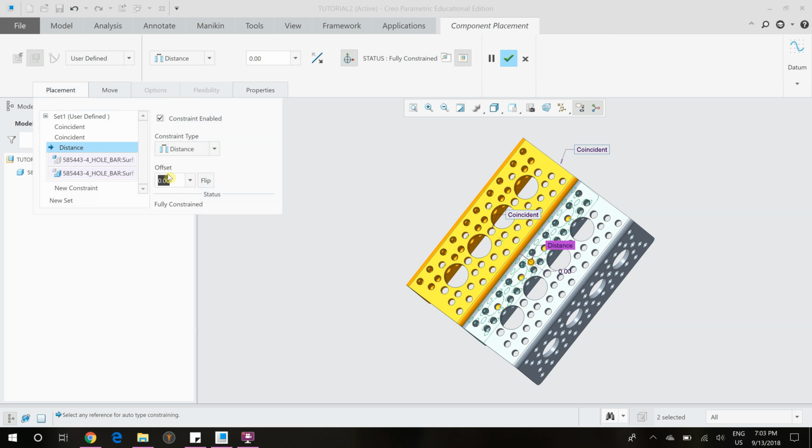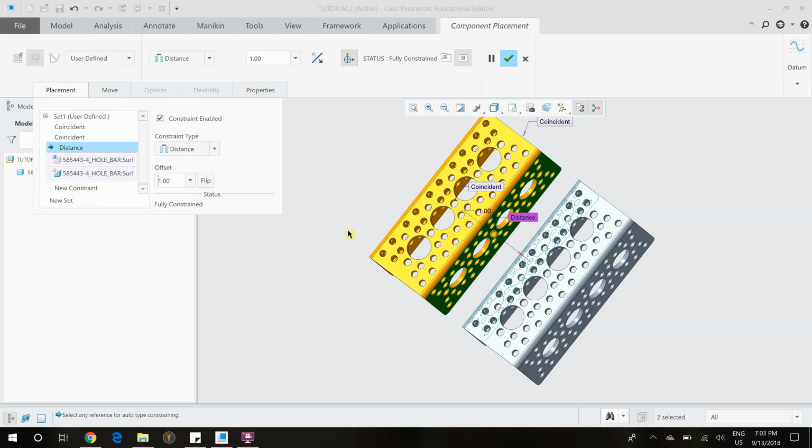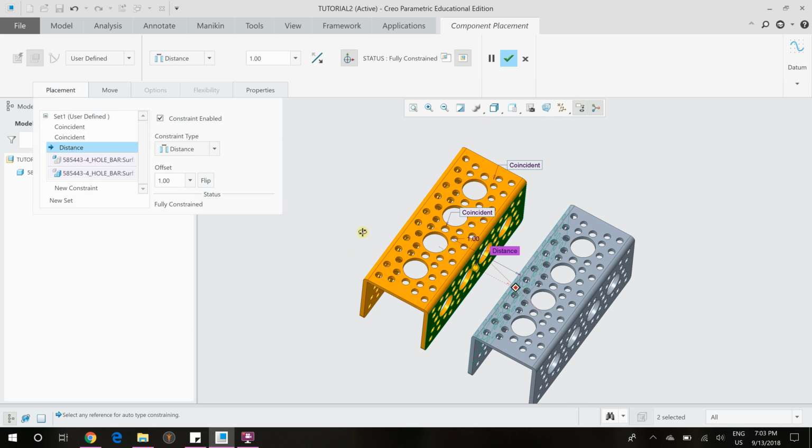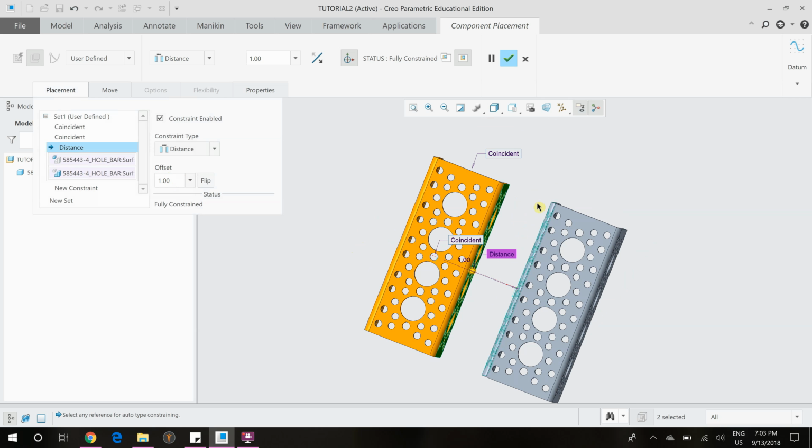So if we wanted them to be 1 inch apart, change that number, and as you can see, they're now 1 inch apart. So if you ever need 2 parts in Creo and you want them to be a certain distance from each other, then the distance constraint is what you use. It's really simple. It works pretty much like the coincident constraint. You just can make the parts offset from each other so that they're not in the same plane. They're a certain distance